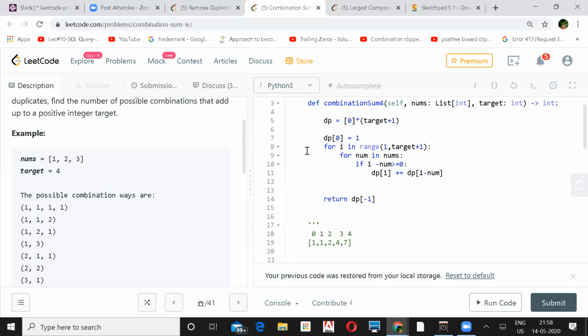Now the array is 1, 2, 3. Is it possible to get from 1 and 2? I'm saying the solution for n is dependent on n minus 1, something like that.